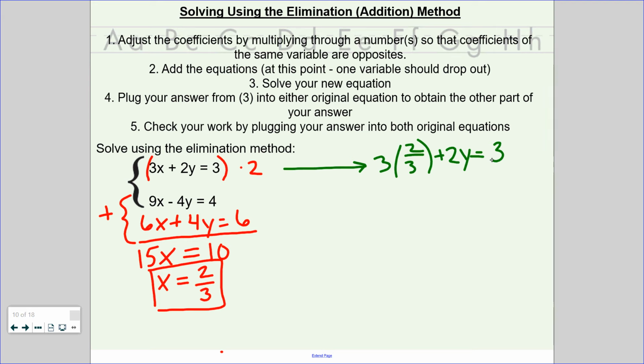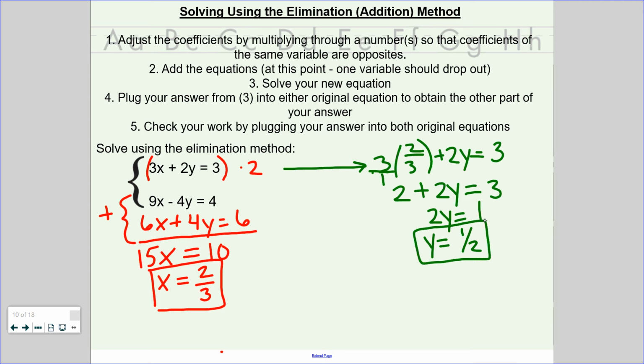3 times 2/3 just gives me a 2 because those 3's cancel. Think of it like a 3 over 1. We're multiplying numerators together and denominators together. Plus 2y equals 3. Subtract 2 over. 3 minus 2 gives me 1. And then divide by 2. I get y is a half, or you could use 0.5 for that one. So our final answer,